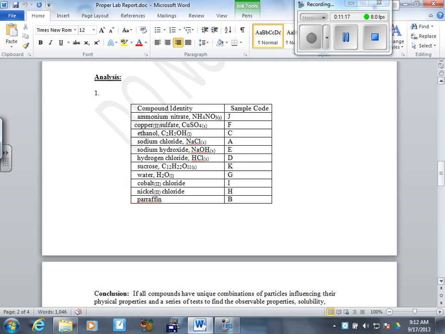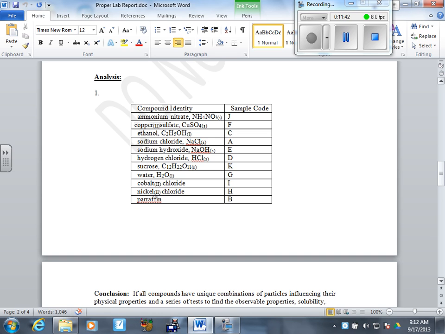Okay, analysis. Okay, found that ammonium nitrate was J. It was those little kind of off-white spherical crystals. Okay, they should have gotten a little bit colder when you put them in the distilled water. Okay, and they conducted electricity. Copper 2 sulfate was F. It was the blue crystalline solid. Okay, ethanol was one of the 2 clear liquids. Okay, it was the one with,